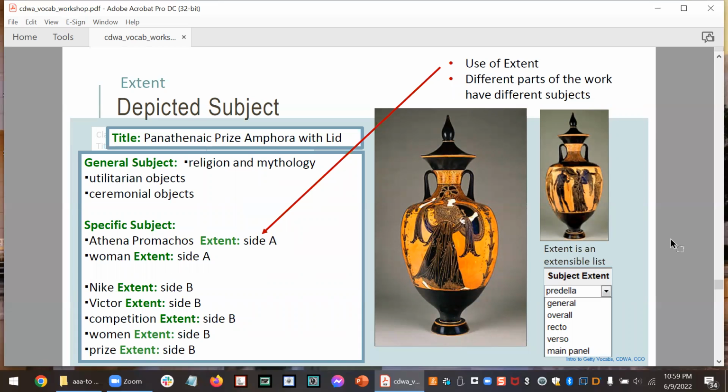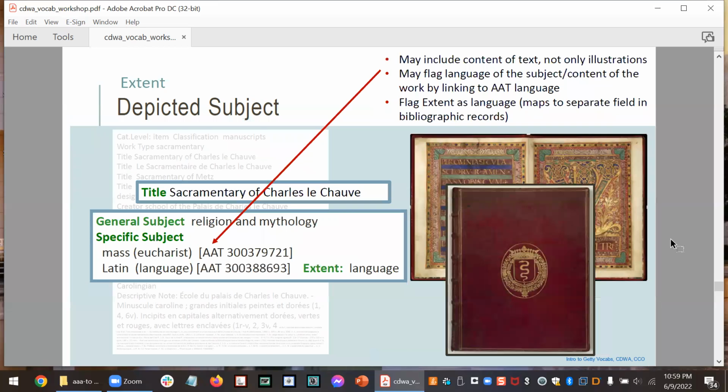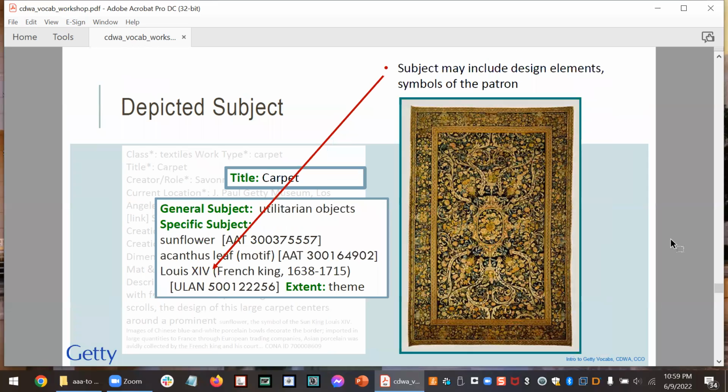So that is provided, and the list of terms is extensible, and you can find it on our website. In some works, you might have texts as well as images, and you can index those as subject as well. Here, the specific subject is the mass in this work, in this volume. You might have references to design elements or the patron in the work, and those can be recorded in the